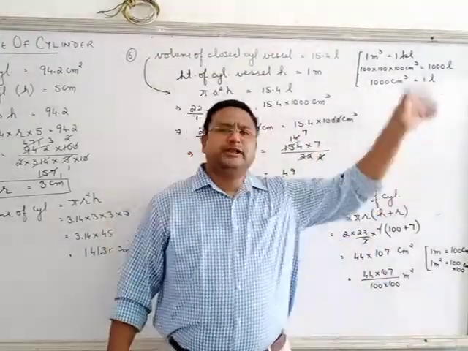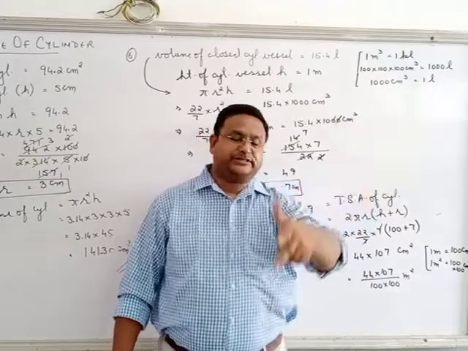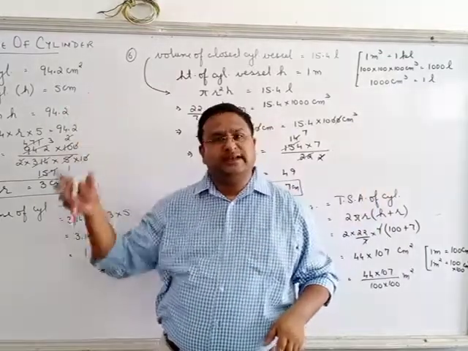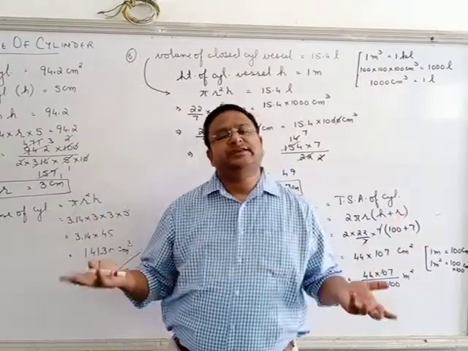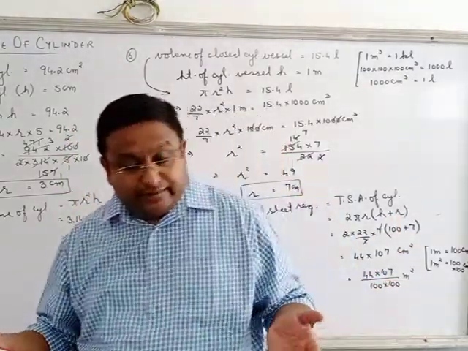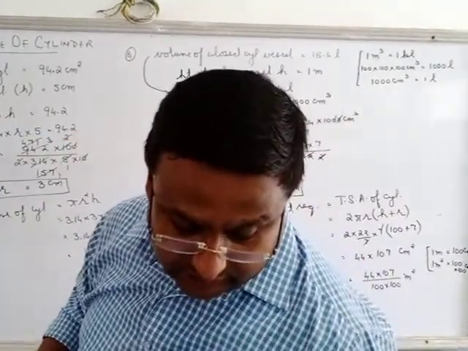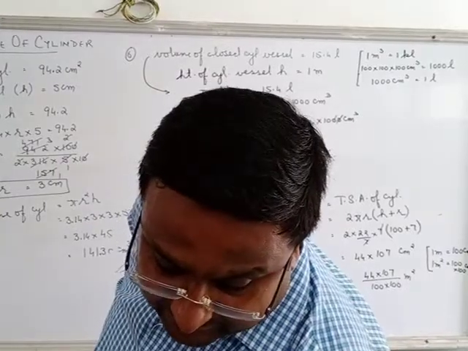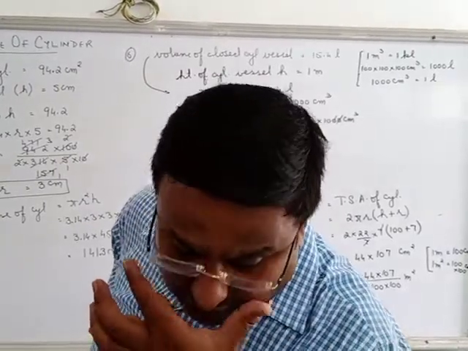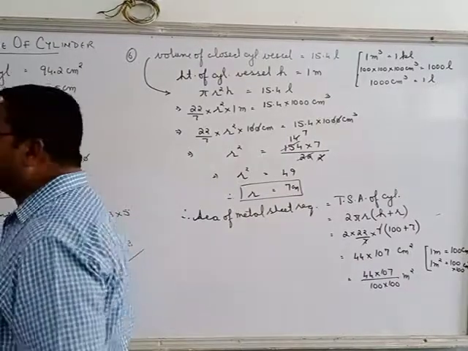So one is the real juice in the form of a cuboid, length into breadth into height, dimensions are given. Another is in the form of a cylinder, dimensions are given. Find the capacity and check which is greater. You can do it very easily. Question number 4 we have discussed, 1st, 3rd, 4th, 8th we have discussed, 6th we have discussed. Take a look at question number 5. It is the same that we have done.